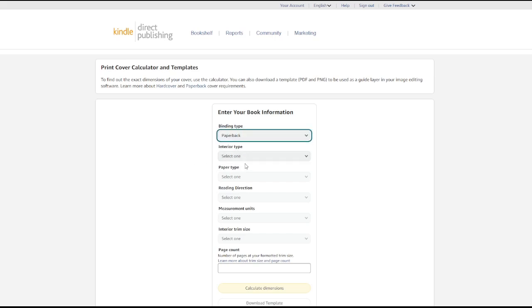We're going to go for a paperback. We're going to do black and white interior. For the initial use of this, we're not going to be so worried about anything. We're just going to pick the most obvious things. But this is what we really want to get to, the interior trim size, because we're going to want to select one of these for our